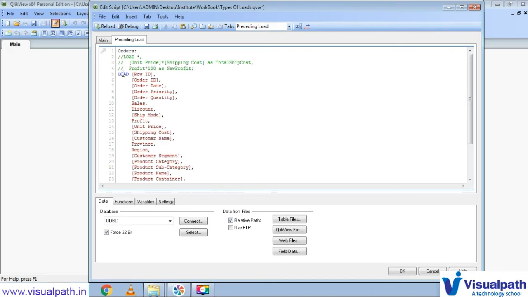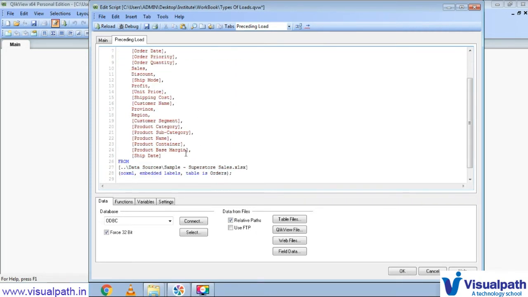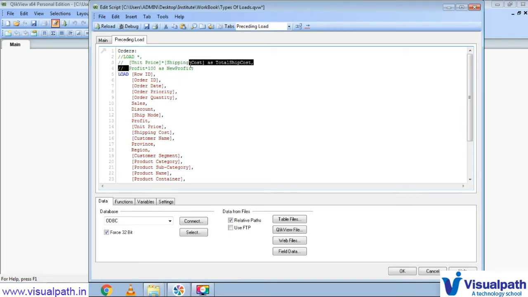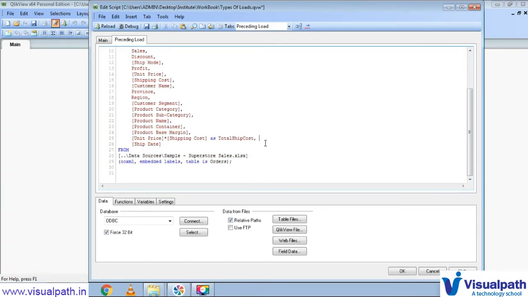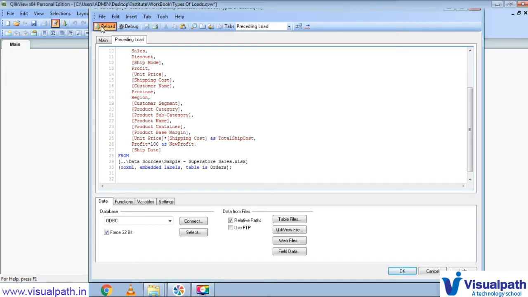So inside this is now our original load, right? In this original load, can we add these two new fields? So can we do this? Let me copy the entire script here, and somewhere at the end I'll add this one, and this last one also I'll add, and keep a comma. So can we do it like this, friends, inside the single original load? Yes, of course we can do it. So now let us see. We saved it and reload it.